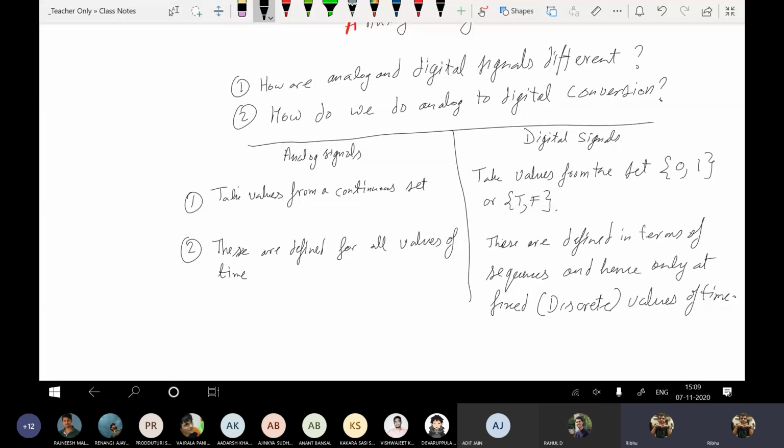See, digital signals are always defined as sequences. So can't there be continuous value, continuous time digital signals? Like the clock signals that we get. Clock signals, those are actually analog signals. They are not digital signals. Any practical signal